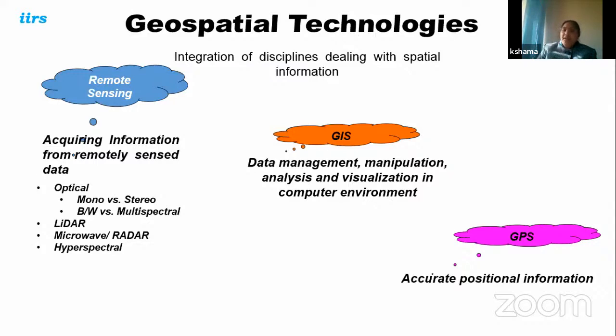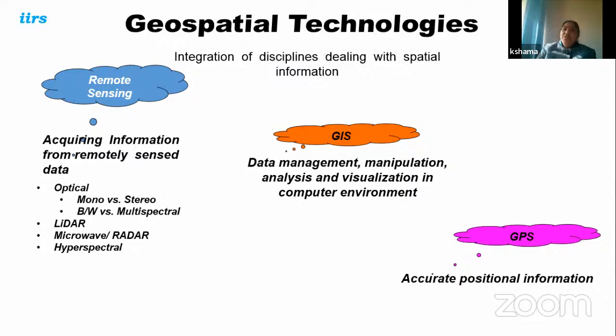Now, one more technology is microwave or radar data. It has the capability of taking images in all weathers. Optical data has limitations: if it is cloudy or there is fog, the data is not clear, so you won't get data. But in the case of microwave, because it penetrates the cloud, it has all-weather capabilities, and it can provide you data even during flood situations. So for preliminary analysis of flood damage assessment and flood situation, it is very good data.